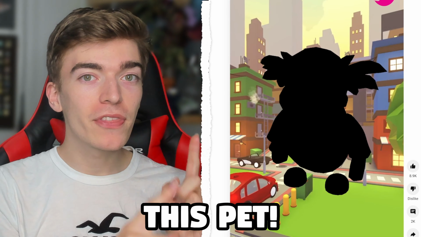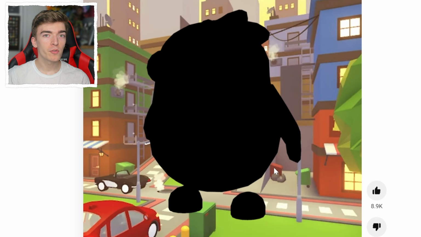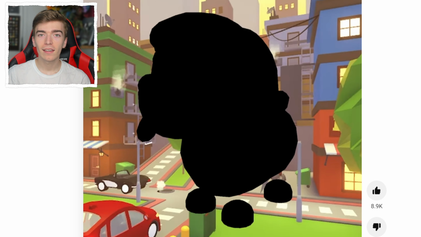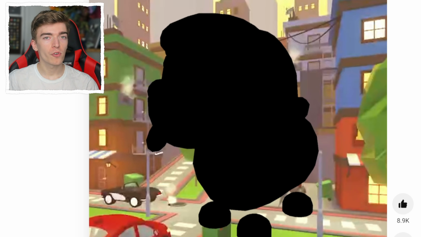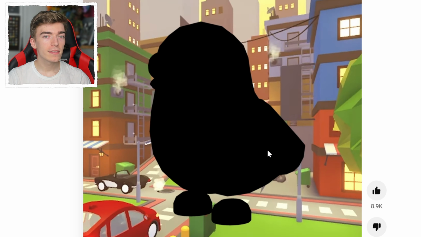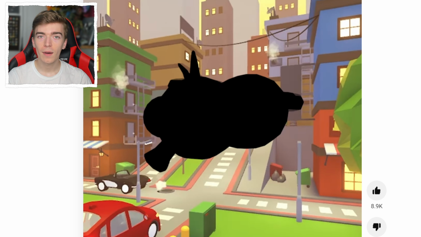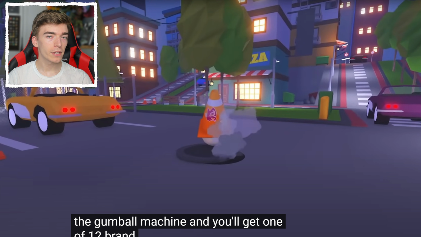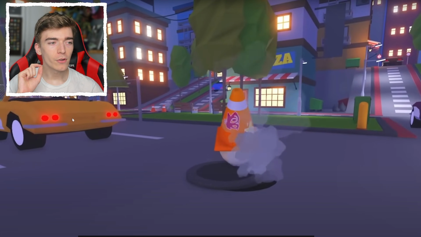Adopt forgot about this pet. In the video where Adopt reveals all 12 of the silhouettes for the upcoming pets in the urban egg, they went and made a shadow for a pet that's not actually in the egg. All of these other shadows are pets that have been confirmed to come in the new egg update, but this one remains a mystery. Adopt confirmed that there'll only be 12 pets in the egg, and they also showed what